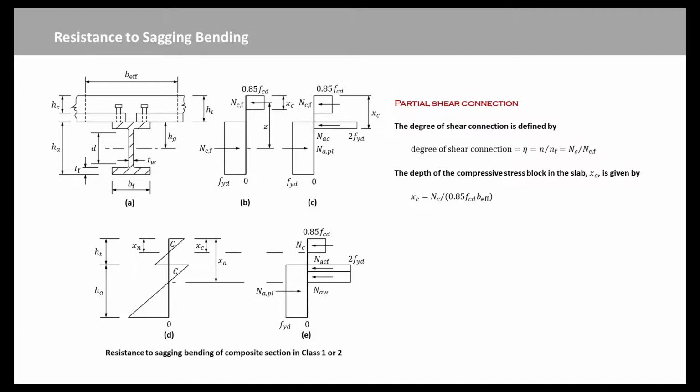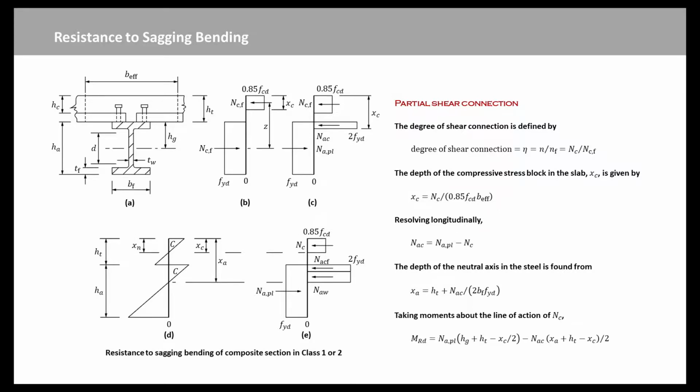The distribution of longitudinal strength in the cross-section is intermediate between the 2 distributions shown for stress in Figure C, and is shown in Figure D, in which C indicates compressive strength. The neutral axis in the slab is at a depth xn slightly greater than xc, as shown. There is a second neutral axis within the steel section. If it lies within the steel top flange, the stress blocks are as shown in Figure C, except that the concrete block for the force Ncf is replaced by a shallower one for force Nc. Resolving longitudinally, we have this equation. The depth of the neutral axis in the steel is found from this expression.